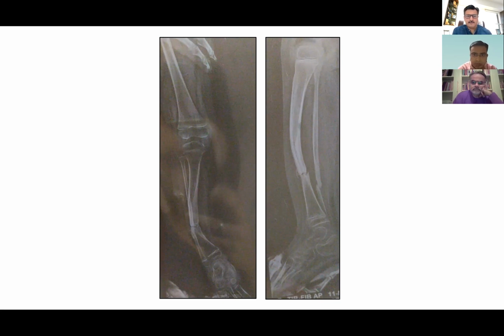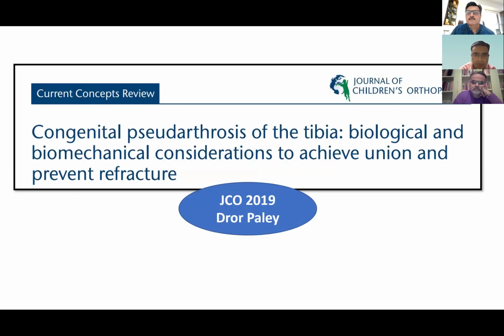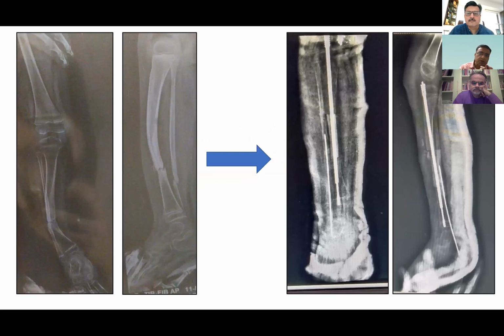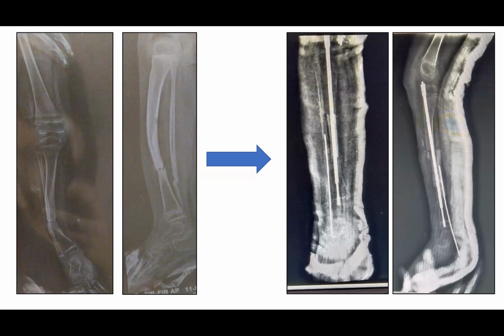Yeah, so I also posted this case in a Pedipods group, and the majority of people were of the opinion that we should do an osteotomy above the sclerotic segment, where the bone looks normal. And the family also wanted that we should correct the deformity also. So I opted to do this cross union, and I did an osteotomy above the sclerotic segment, and did a thorough excision of the hematomatous tissue, as Dr. Thomas said. It was very different periosteum, very thick periosteum. I removed it circumferentially,